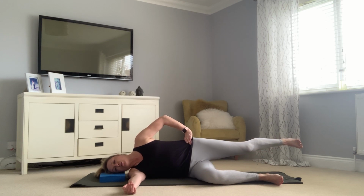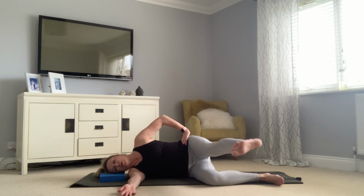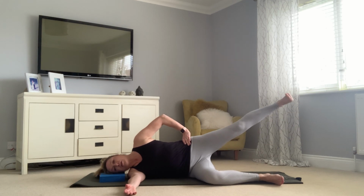This is your last one, straight leg, kick it forwards, hold and pulse for 10. 1, 2, 3, 4, 5, 6, 7, 8, 9, hold the 10th, bring it back, lengthen, 5 circles, 1,